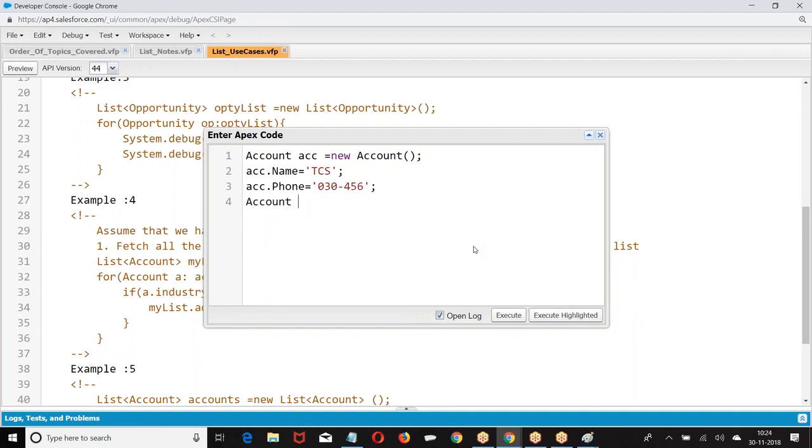Then I'm giving account myACC equal to ACC. Now I gave myACC equal to ACC.